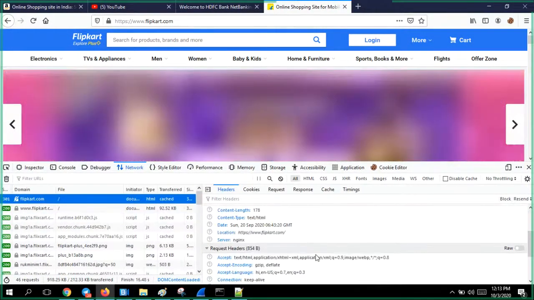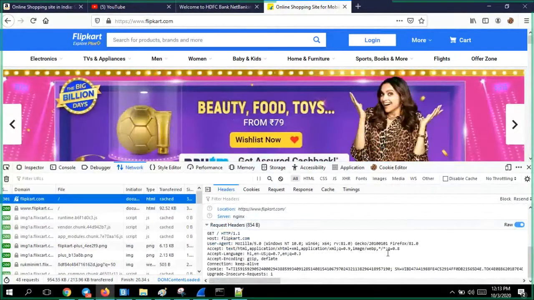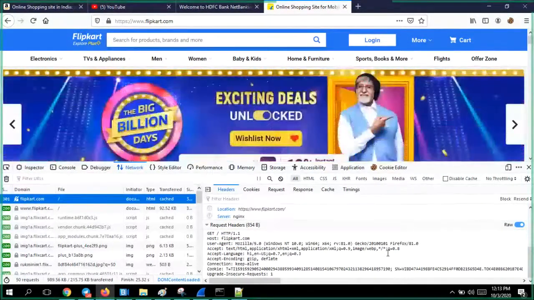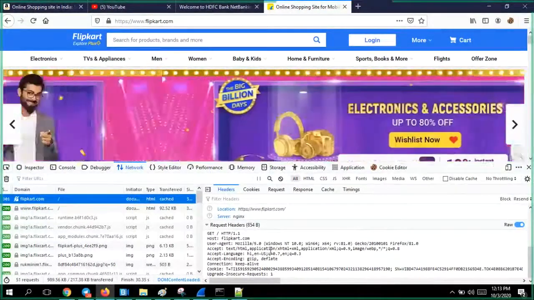Because previously when you opened this Flipkart.com, the HTTP and the HTTPS both files were there in the inspect. Yeah, it will be there, now also it will be there. I'll show you that, one minute. I'll explain you how you got it.